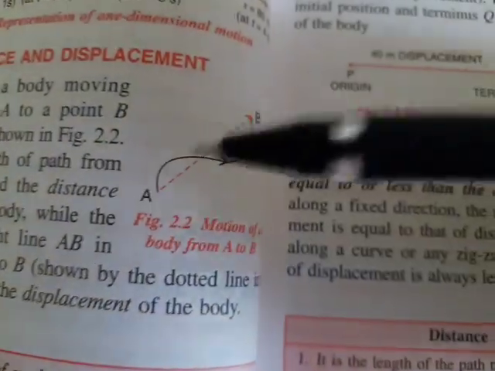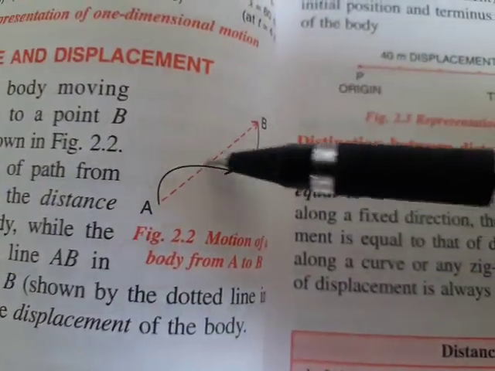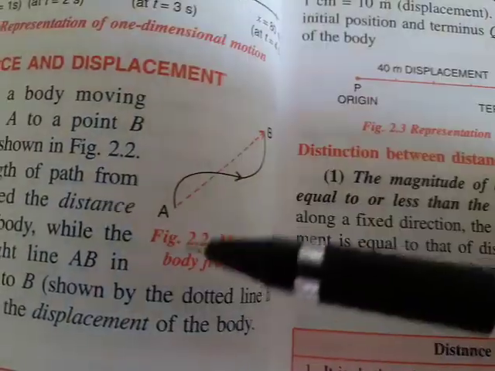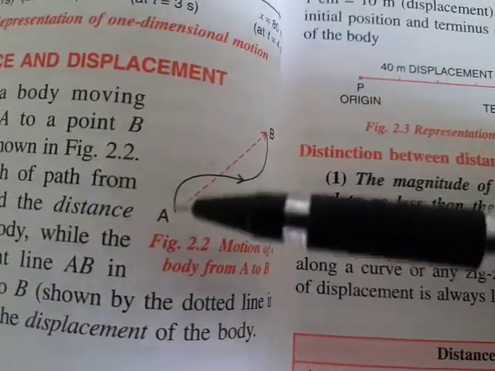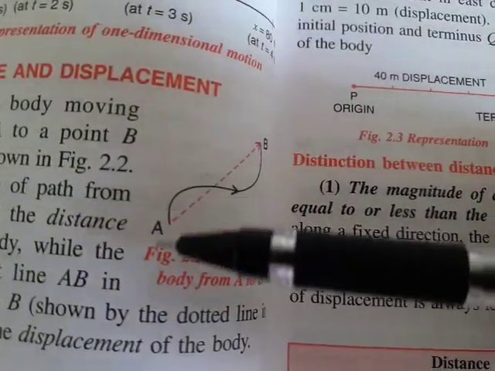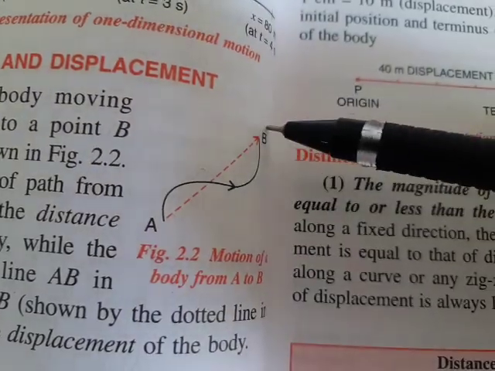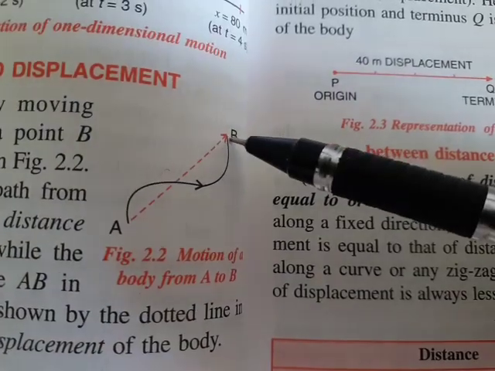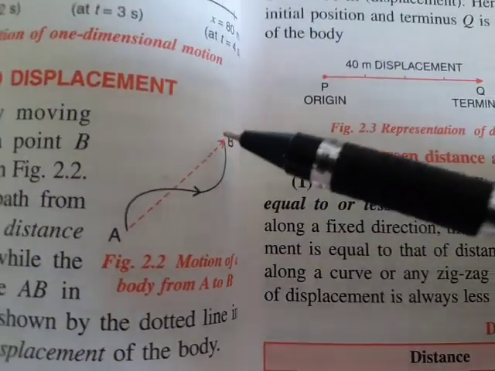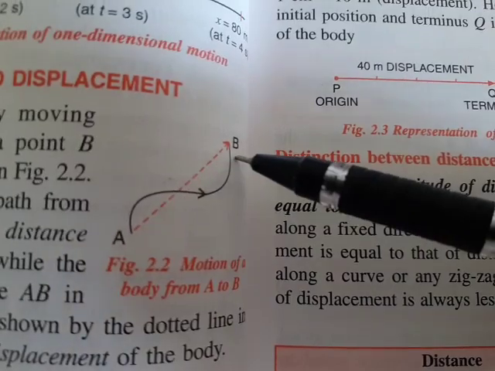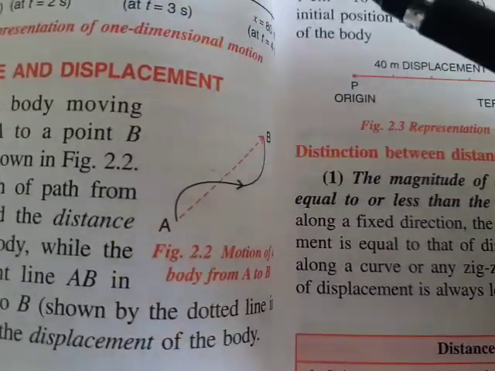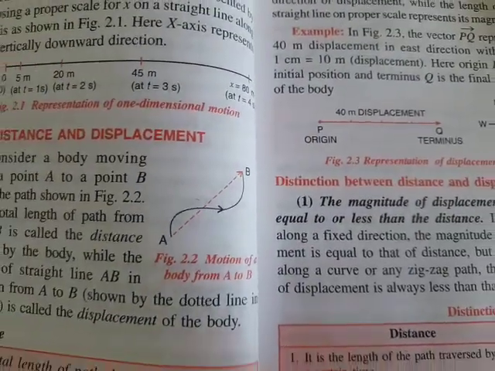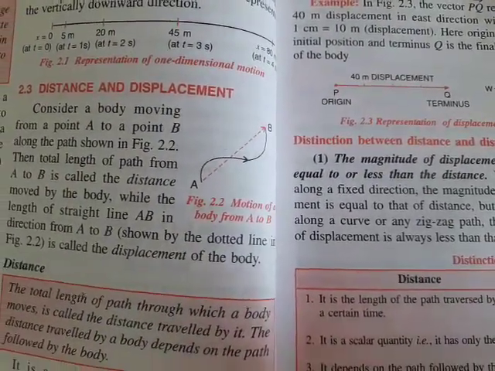So we can say that from A to B is the distance, right? If I tell you to walk in a zigzag manner, you will just walk like this, right? So we can say that this is a curved path A to B, that's the distance. But if you see, there is a red line which is marked from A to B. Now what is this red line actually? This red line is nothing but displacement. Now we will understand what displacement is in detail. Before that, let us understand what is actually distance.